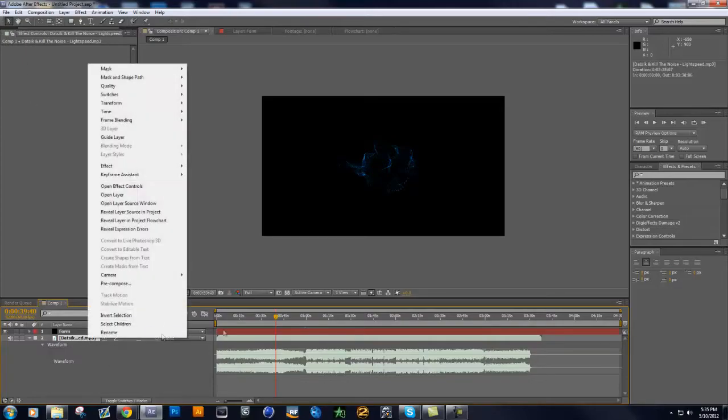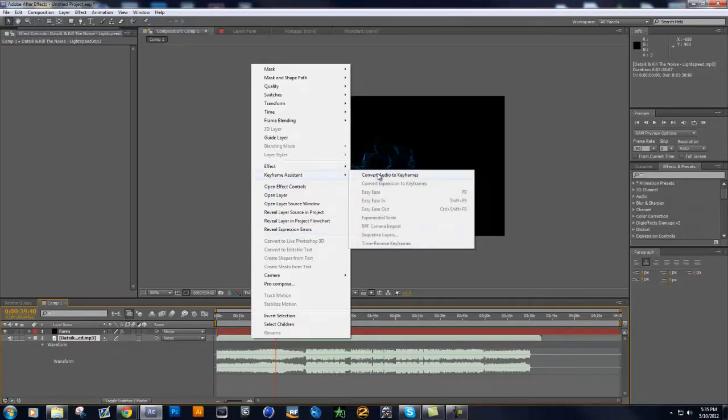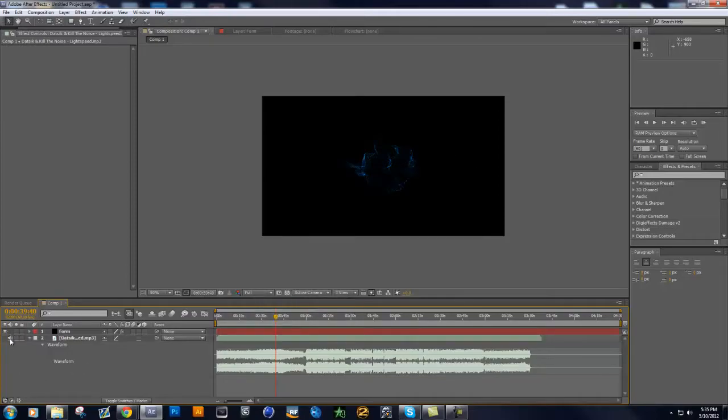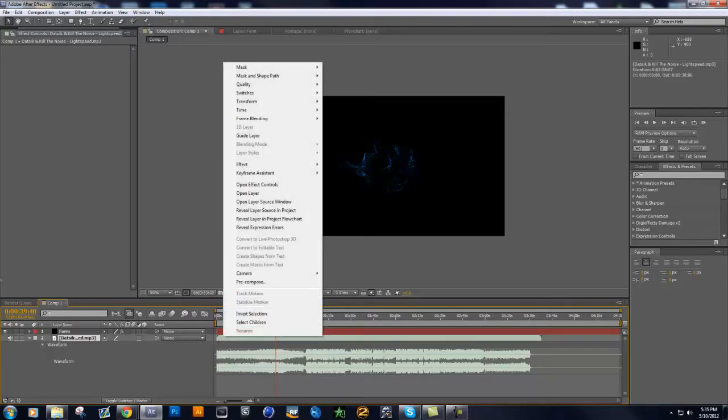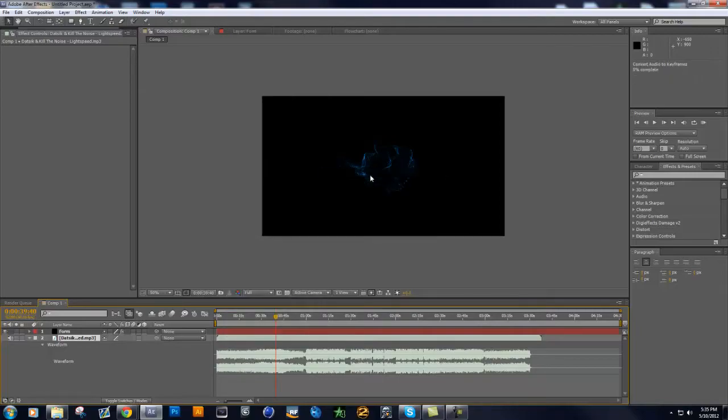But you're going to right click on the song and go to Keyframe Assistant, Convert Audio to Keyframes. But before you do that, you're going to want to make sure that this is the only sound file you have playing in the timeline, because if you have any more, it'll sample from all of them, and you don't want that. You just want keyframes made from the audio layer of the song that you want. So you're going to click Keyframe Assistant, Convert Audio to Keyframes, and it'll just make a null object really quick